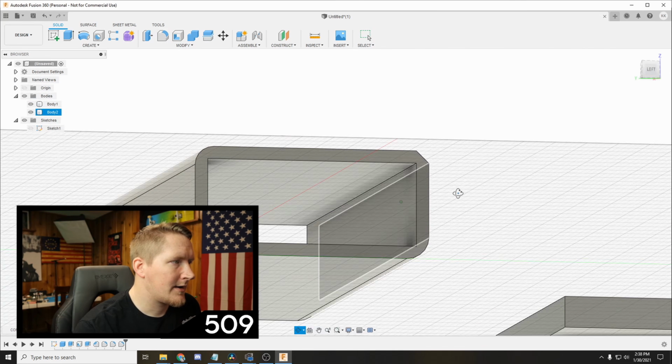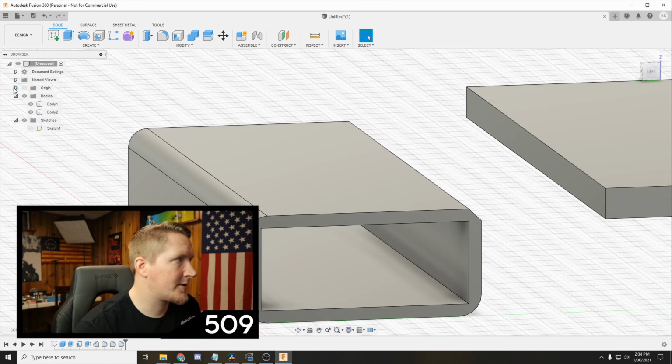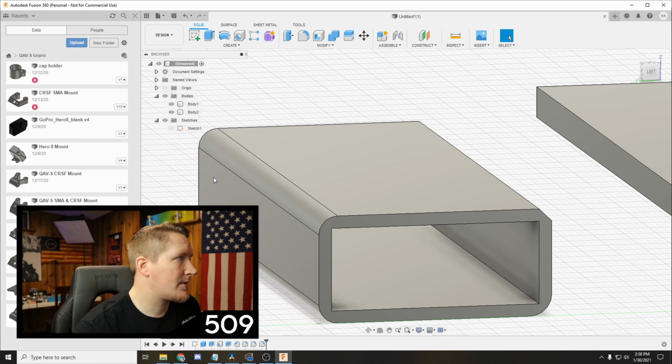Click OK. And then boom, you've got a smooth round. You can kind of see how I started to make the GoPro mount. You can see how I created that. This is, I clicked on up here too, this